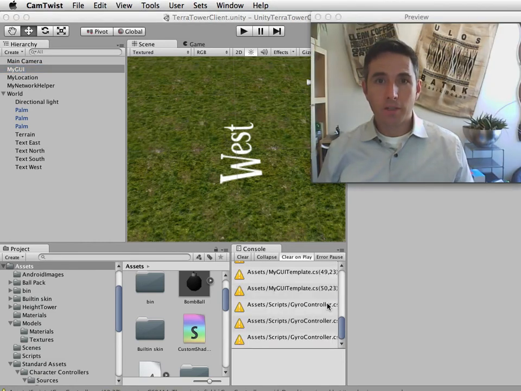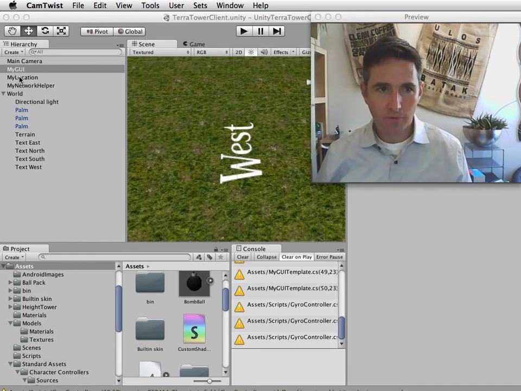Okay, so in summary, that's kind of it. If we walk through our Unity interface, we know the main camera has to have a gyro associated with it. The GUI has to be filled out with the buttons, and the buttons have to be connected to network calls. My location is largely provided for you. My network helper is largely provided for you. And then you have to provide a base world in which you're going to draw the rest of the world as it comes in from the game state. Put those things together,